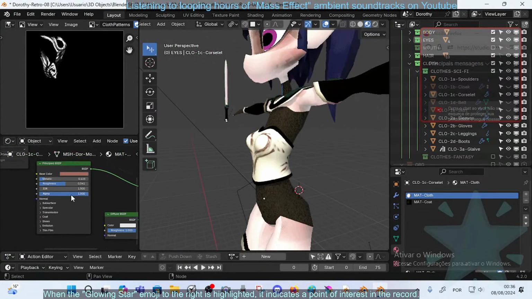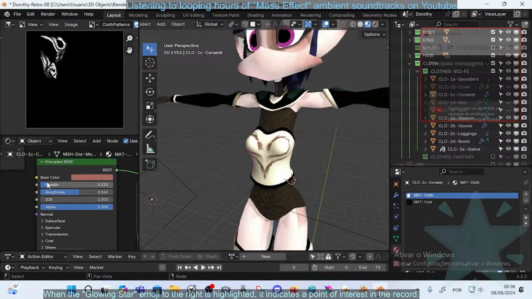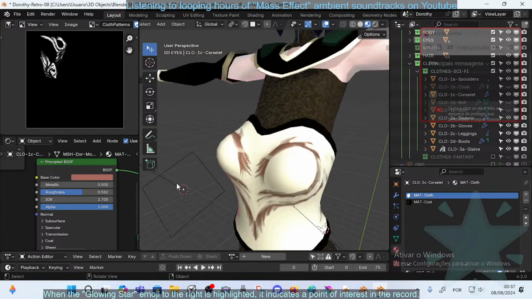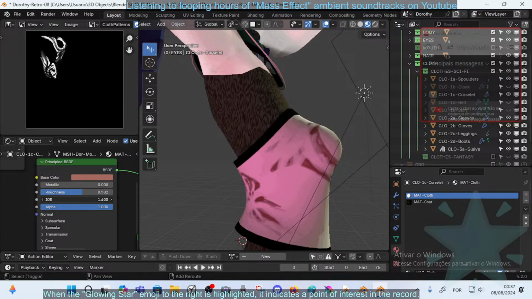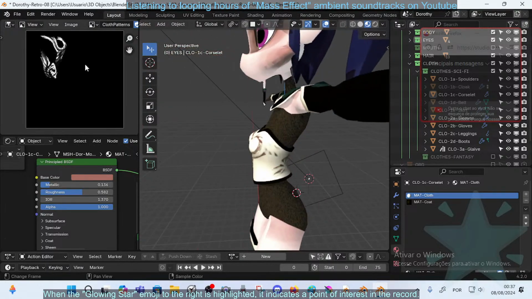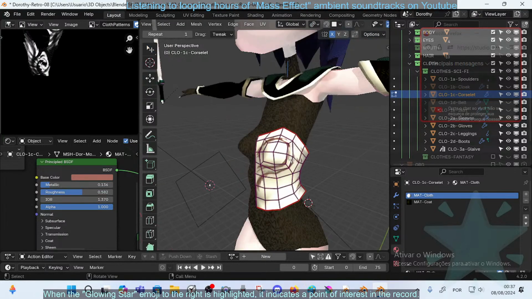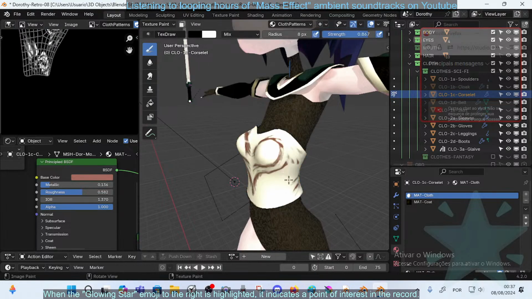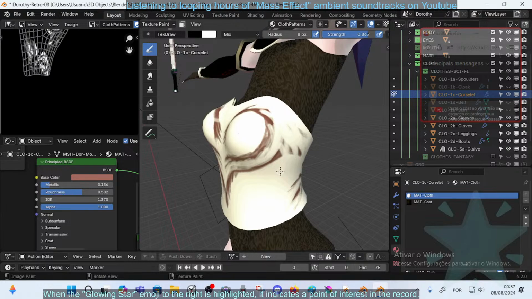Let's try now the more roughness to this, not a lot, but okay, and then I can return to this and let's try to now paint this stuff with some more, yeah, with real-time